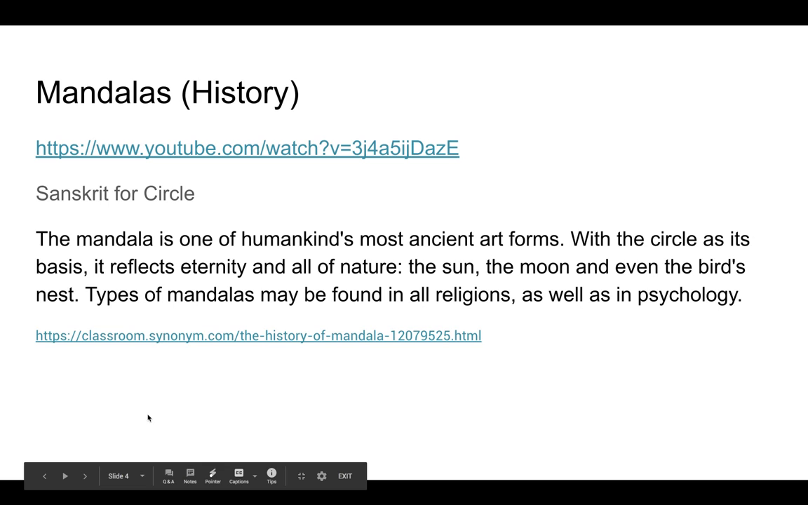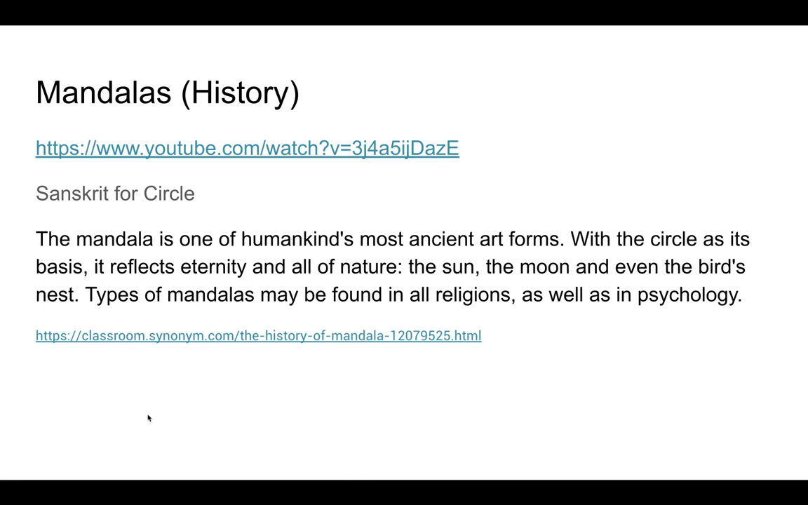Okay, so mandalas have been used all throughout history. Actually, in Sanskrit, it means circle. So the word mandala in Sanskrit means circle. And it's one of humankind's most ancient art forms. So the circle is the basis of the design, okay? And you can see circles a lot in nature, the sun, the moon, even a bird's nest, those are all a circle. So circles have been used all throughout history in art, and eventually they came up with a mandala and